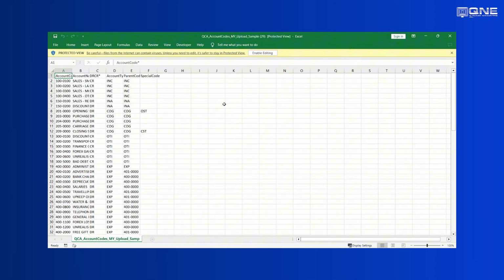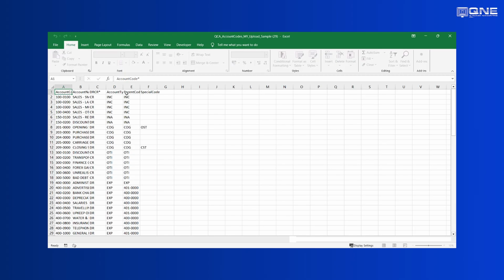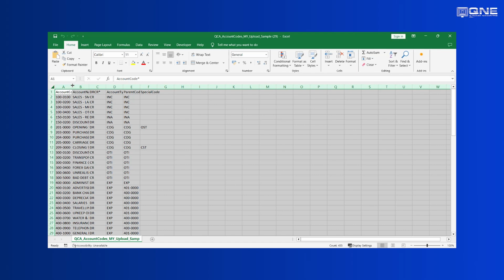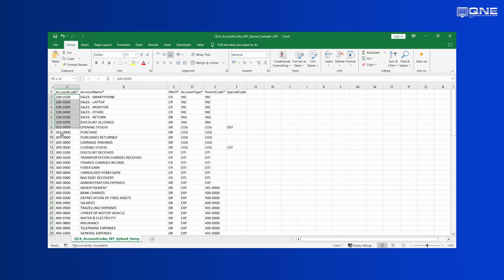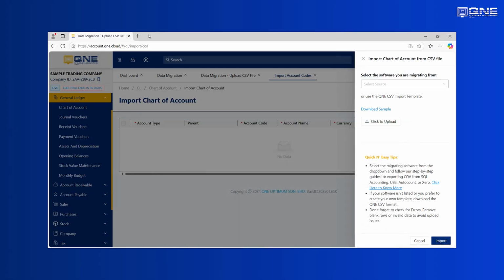You can see on this template file, this is the template that you can use. For example, for this chart of account, you need to update your own account code, then the account name, then how we're going to update the debit or credit, the account type, the parent code for each of the accounts, and the special code on this part. But if you are not very sure what the account type and the special code are, you can go back to our